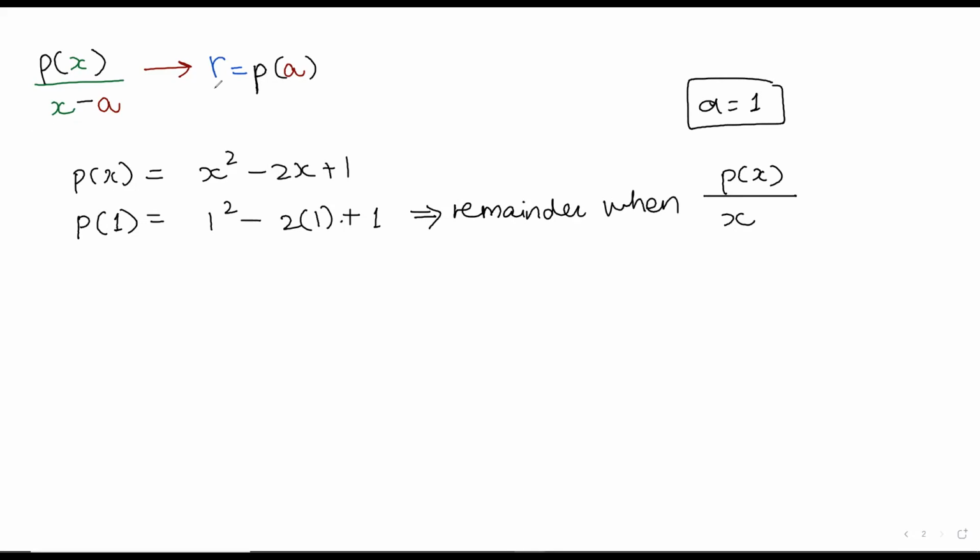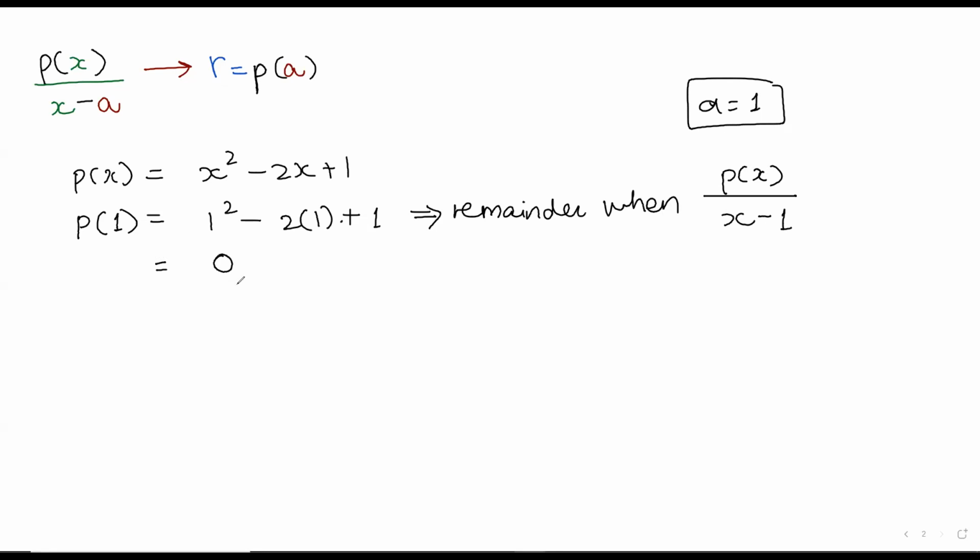And if at any point you feel that I'm going too fast, or if you feel that you didn't understand anything, you can just ask me to repeat, and I'll repeat it, okay? So this is the remainder when our polynomial p of x is divided by x minus 1. Now can someone calculate this and tell me what the remainder will be? 0. Yes, that's right. It's going to be 0.